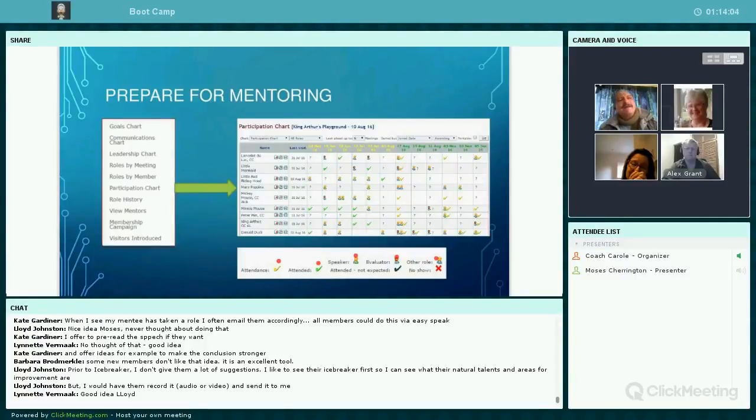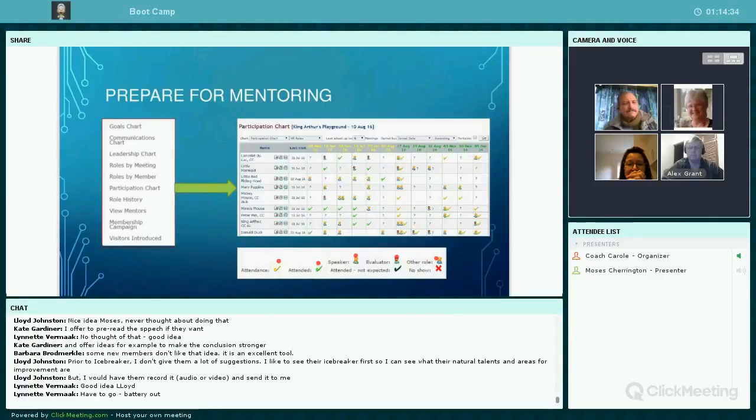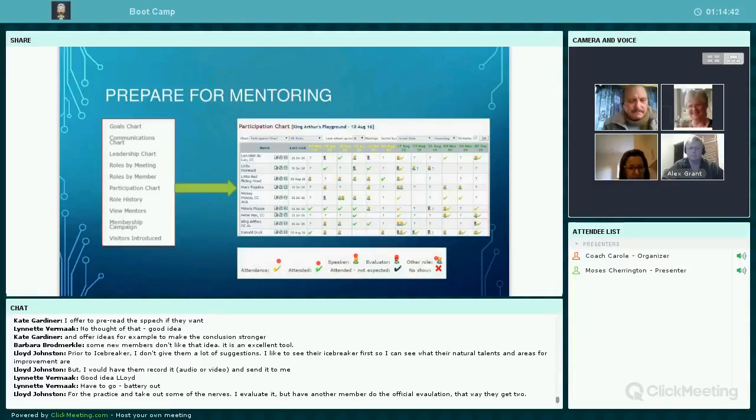But I also make use of any of the tools in EasySpeak if they have been in the club for a while. Because I can say to that new member who might have been with the club for over a year and is still very tentative in taking their first steps towards an icebreaker, I would look back over their history and I'd say to them, all right, now I've seen what you've been able to do. You have covered all of these particular meeting roles, and I would ask them how it now feels when they get up to stand in front of their group. So I'm using EasySpeak to help me with the range of tools for that.